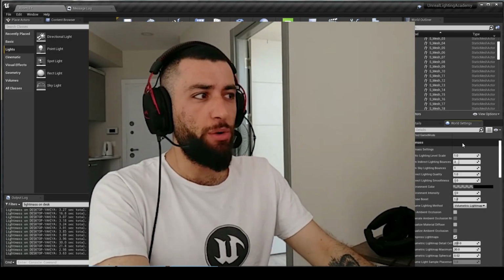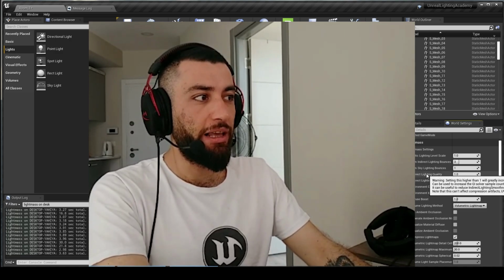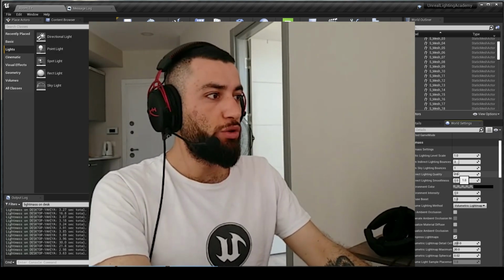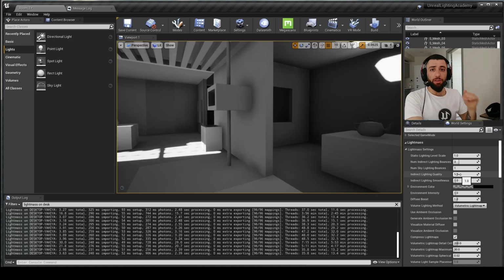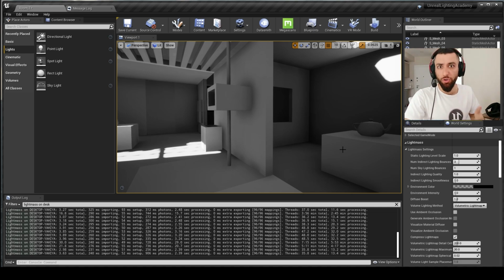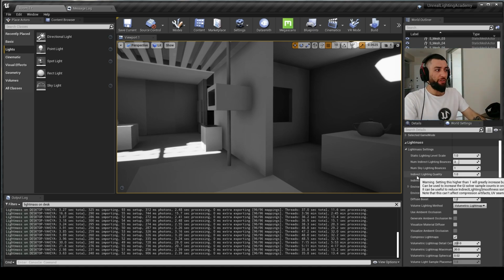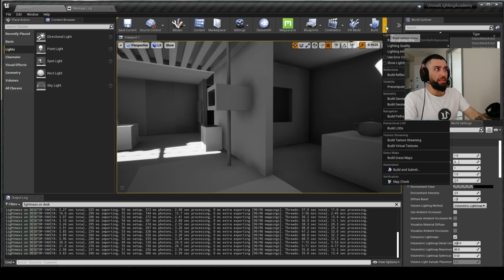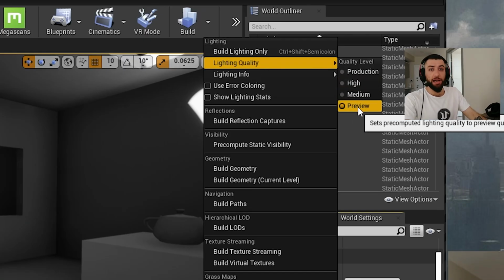And the next thing I'm going to talk about is the indirect lighting quality. Usually this is set to 1, and the more we increase this, the indirect lighting is going to look better, but it will also take much longer to bake the light. In order to see the effects of the indirect lighting quality, we need to build on something that's higher than